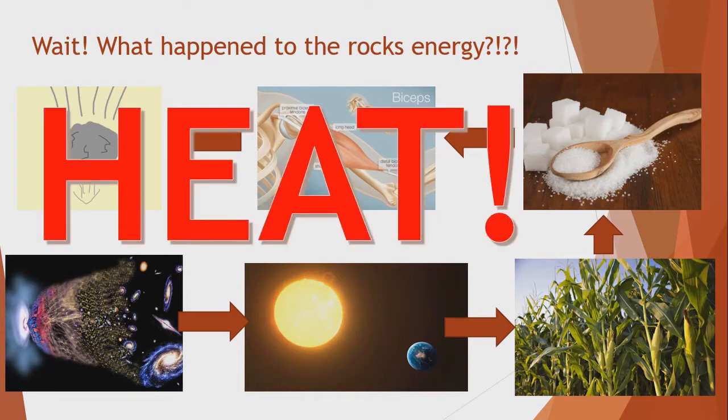When that rock hit the ground, there was a bit of friction there, and that rubbing together generated a little bit of heat. And then as it was bouncing to a stop, it would generate heat. Also, as it was falling through the air, obviously, it would be generating a little bit of friction and heat with that air as well. And we say for the most part, the ultimate dead end of energy is always going to be something we call heat. So no matter what, eventually energy finds its way to become heat.